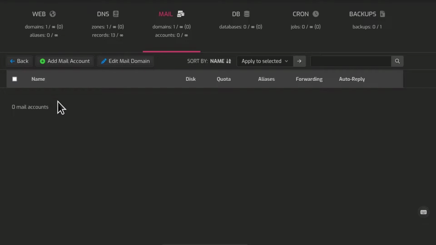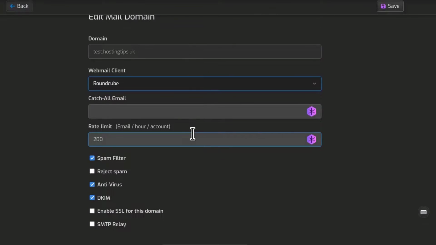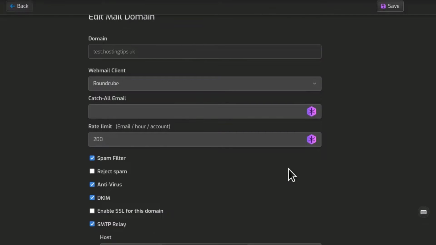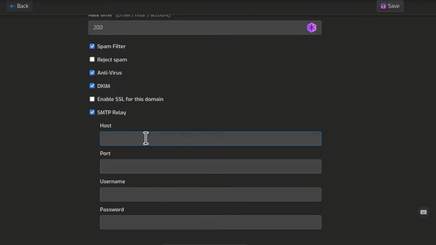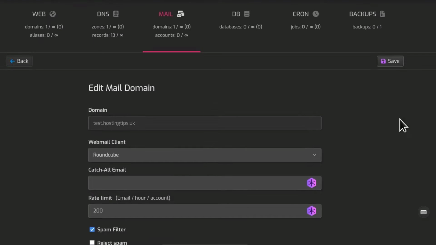I'm just going to click on it, and you can edit mail domain. If you edit mail domain, you can enable SMTP relay for this domain only, and you'll add the host name, whether you're getting them from Amazon SES, SendGrid, wherever you're getting the details from, get them, put them there, save, and then you can start sending mail as long as you have added the DNS records as directed by your